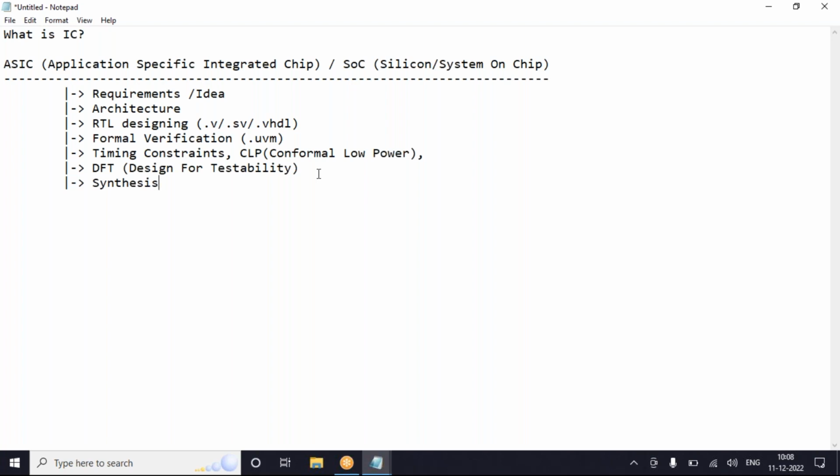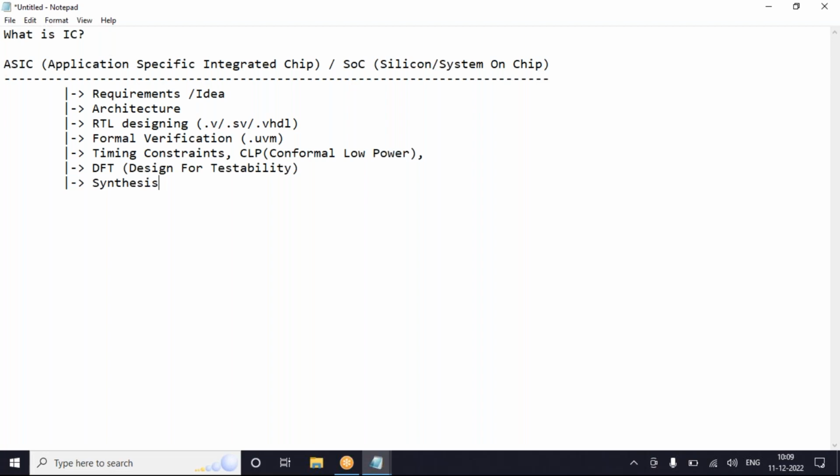Okay, synthesis. So here I'm talking only with respect to the ASIC-specific flow. Later on I'll touch the SoC flow also, with respect to what might be their features in this advancement. So the next step is synthesis. Till now we have every code written in the format of Verilog only. That means module, assign keywords, always at. In that particular format only we have the RTL code so far.